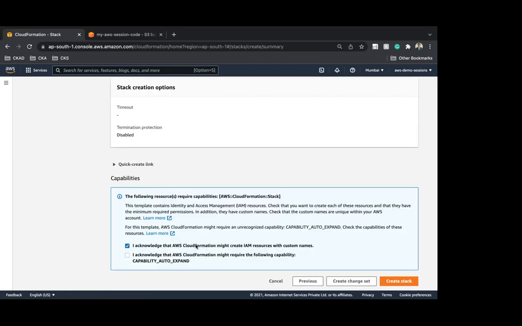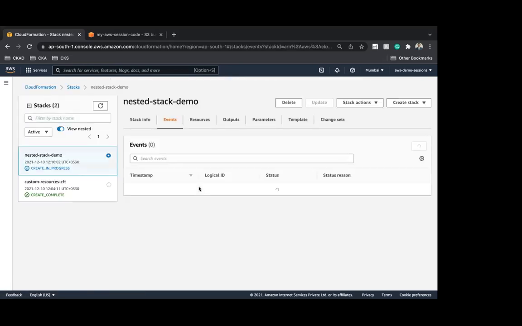Here I'm giving two permissions, right? So far I was giving only one permission, allowing you to go and launch IAM resources on my behalf. Now here you will see this specific capability, CAPABILITY_AUTO_EXPAND. Try to understand from the name itself, CloudFormation is asking you for a permission: can I launch some additional stacks on your behalf? Auto expand permission, what am I expecting, right? That means, can I launch the remaining child templates also on your behalf? I'll say yes, and it will start running around it, right?